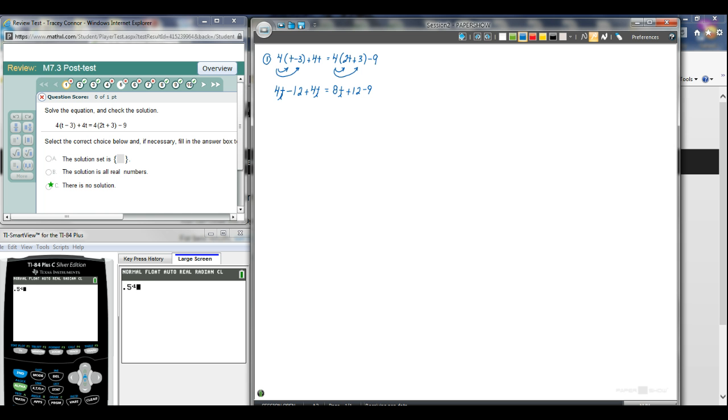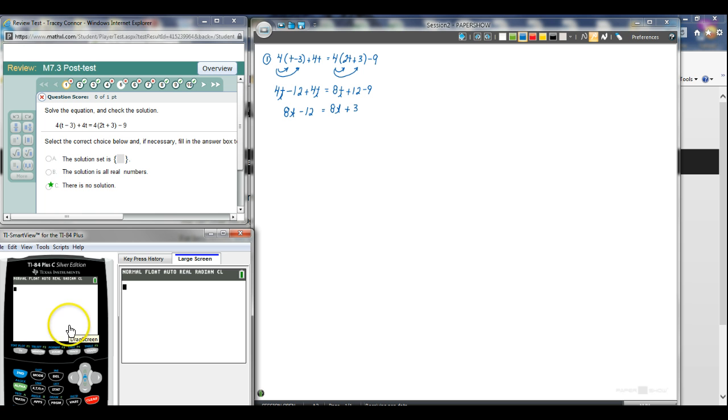Then we add together our 4 t's, and we get 8t minus 12 equals 8t, and then plus 3, because we're taking 12 minus 9. You'll see I have my calculator over here. Have your calculator next to you, so if you're not sure what 12 minus 9 is and you can't do it in your head, go ahead and get your calculator out. Now you're going to see that these 8t's match, so if you subtract 8t,